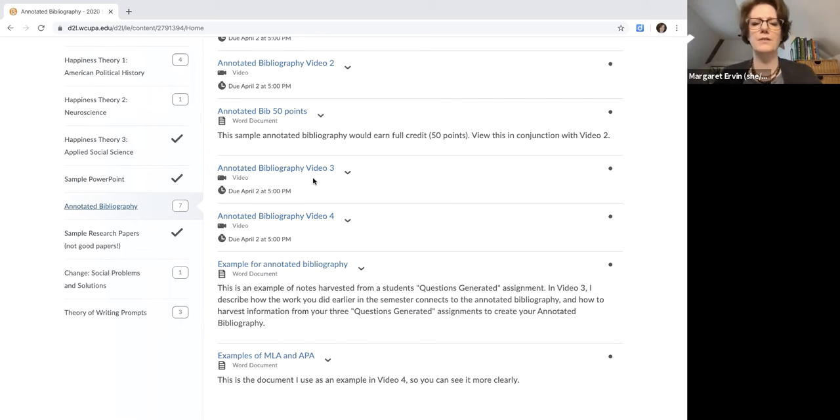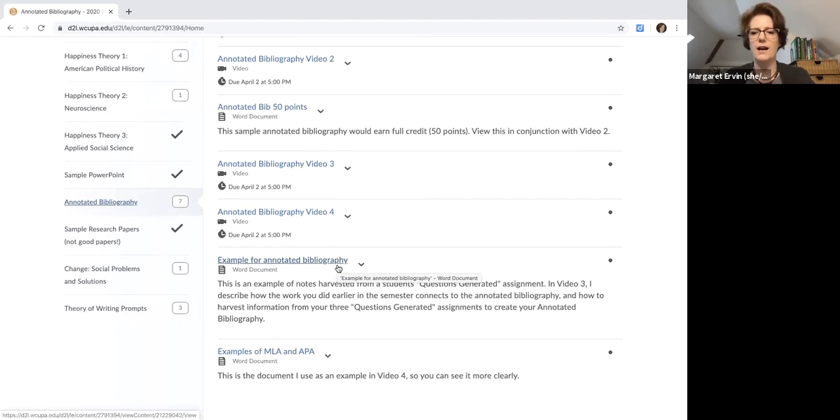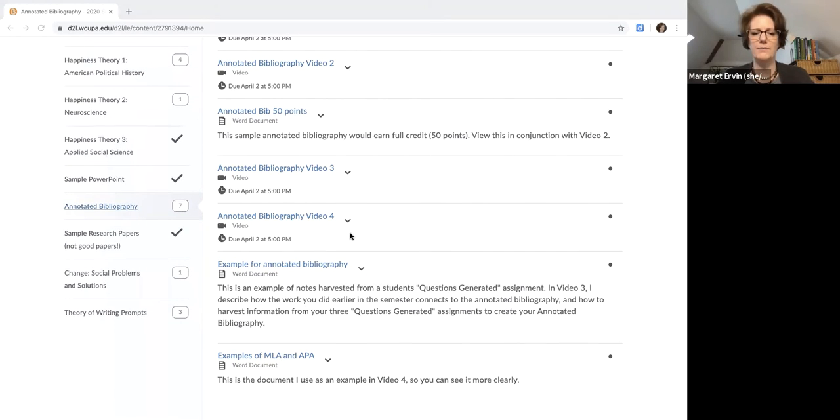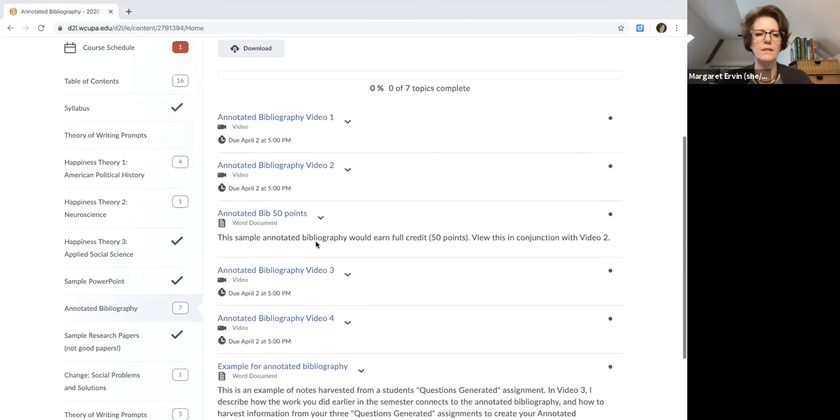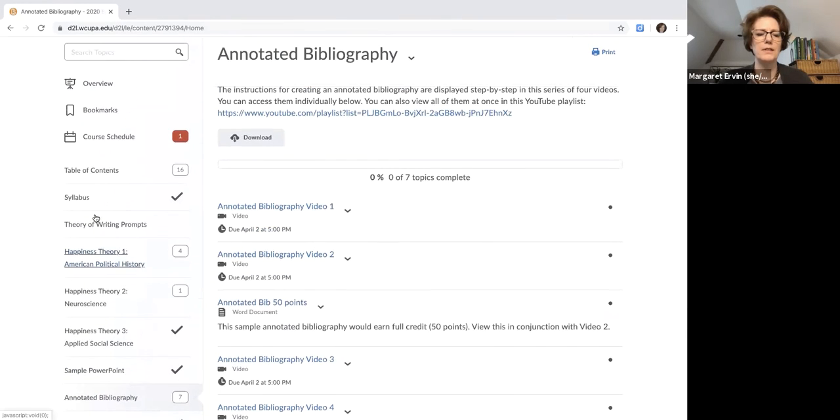Let's see, I think I do that in video 3. And video 4 is about APA and MLA format. I also have examples of MLA and APA format. So everything you need to explain exactly what I want for the bibliography is here in this unit. So going back to the syllabus,